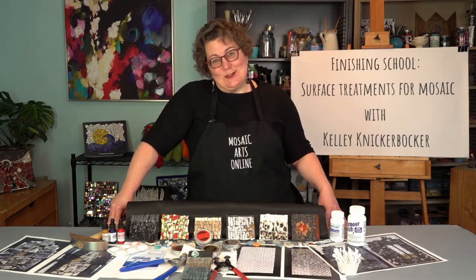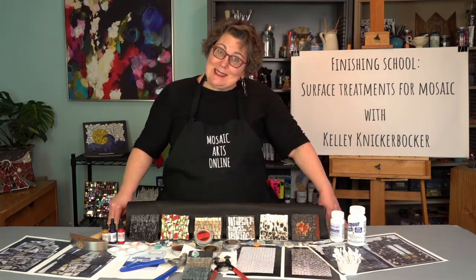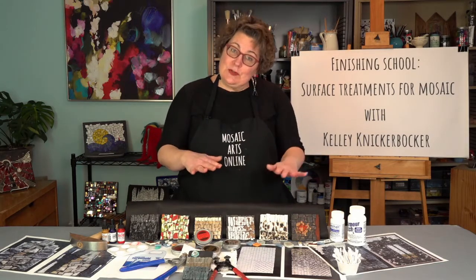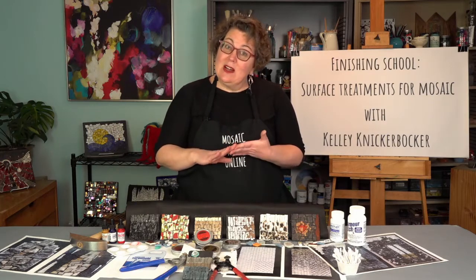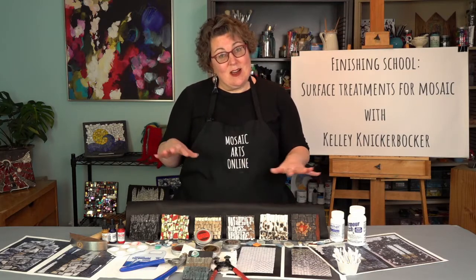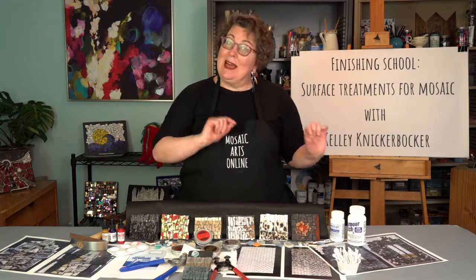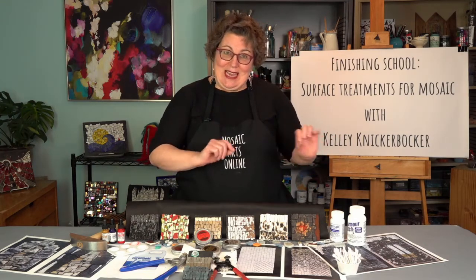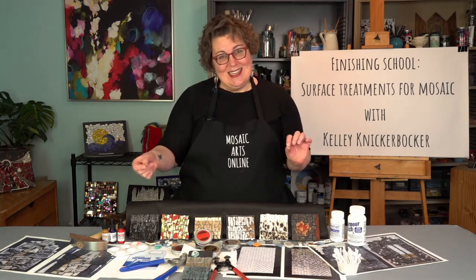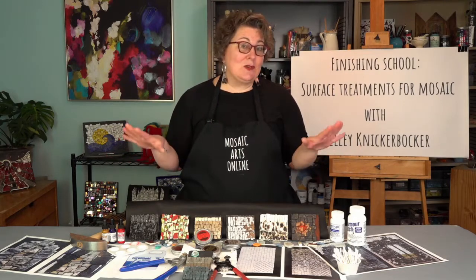So this is Finishing School, surface treatments for mosaics. What that means is how can we impact the appearance of the surface of a mosaic? We can impact the color, the reflectivity, and the texture. So those are all the things we're going to talk about. Some of the ways we can do that, we need to plan at the beginning to create a texture, and then how we are going to impact it comes at the end. And then some of the techniques we can do at the very end when the mosaic is finished,